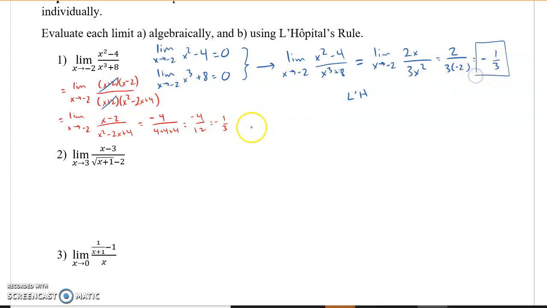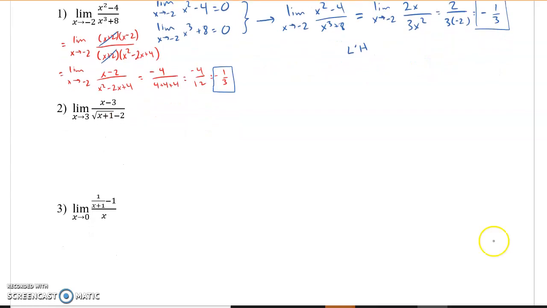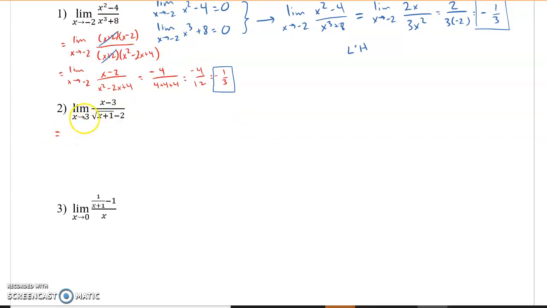So that is, of course, the same answer that we got using our algebraic method. It's another method of getting the same answer. All right, good. So going forward, we can try this with a conjugate problem. Again, if we try this direct substitution, we get 0 on the top, we get 0 on the bottom. So if we multiply by the conjugate,